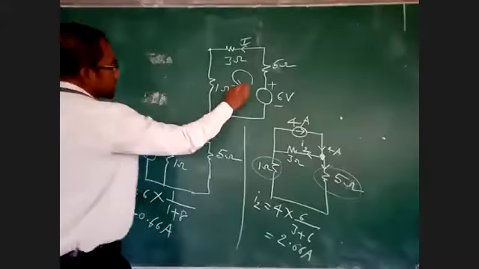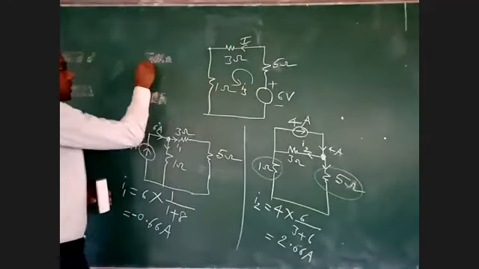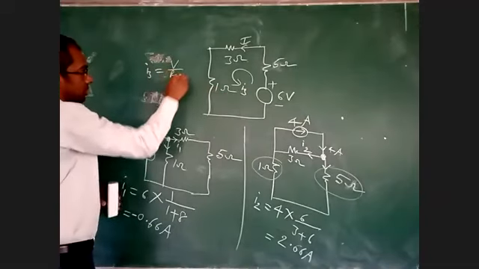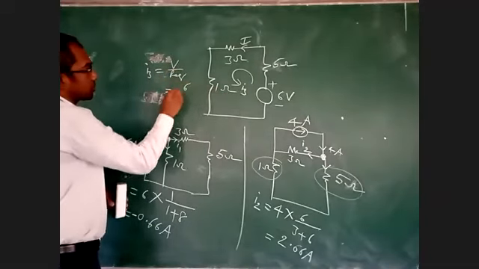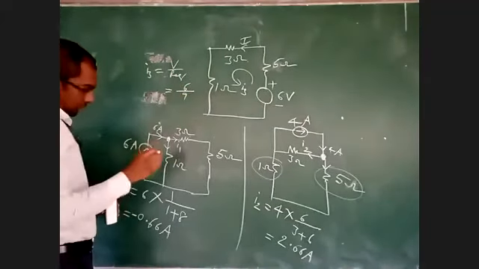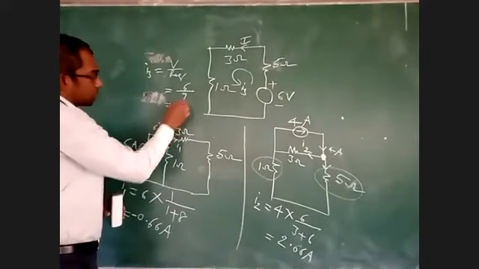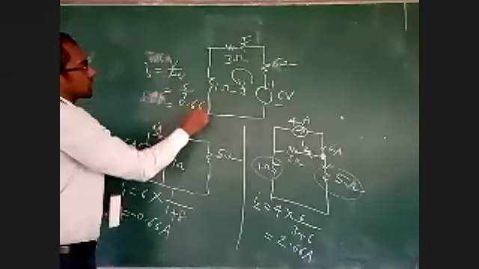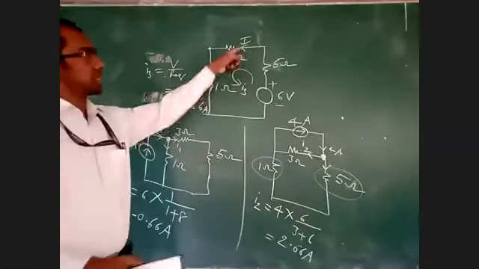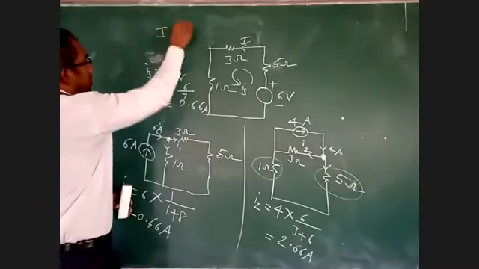Therefore, let us take the current as I3. I3 is equal to total voltage V by R equivalent. V is 6, and R equivalent is 1 plus 3 plus 5, which is 9. How much will it be? 6 by 9, 0.66 ampere. Plus or minus? See, I3 is in the plus direction only. Plus. Now I is equal to I1 plus I2 plus I3.